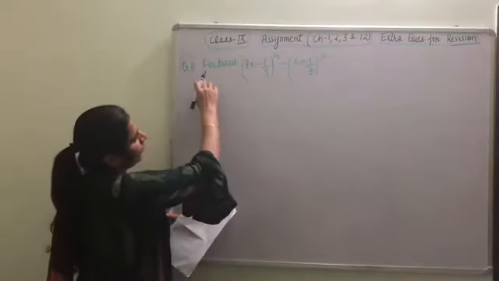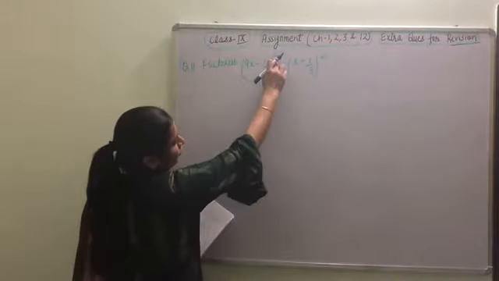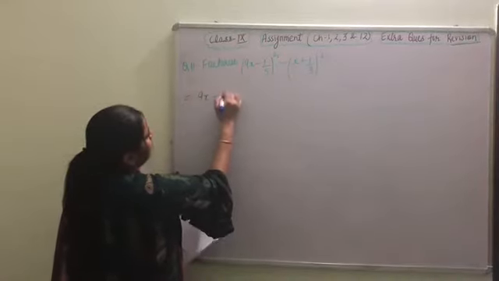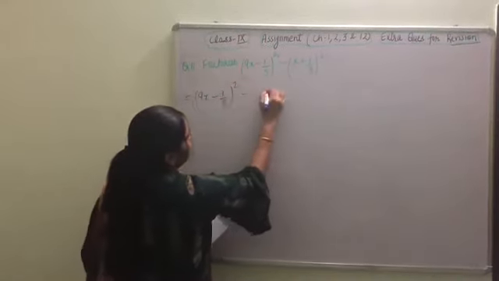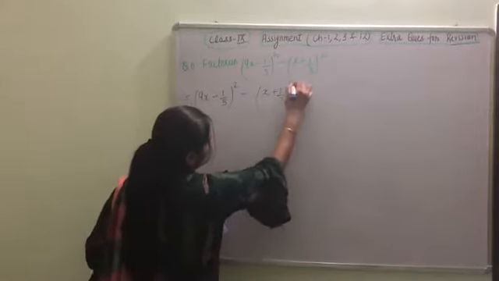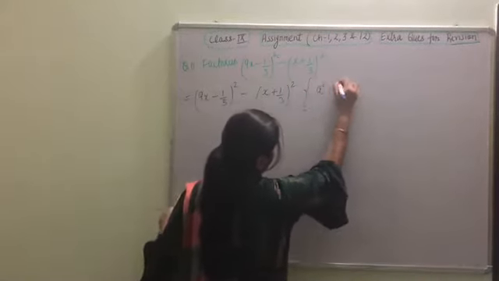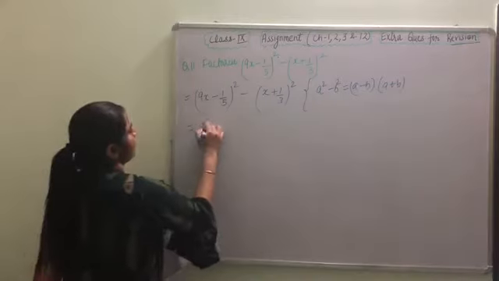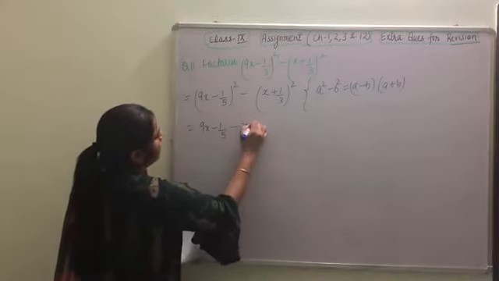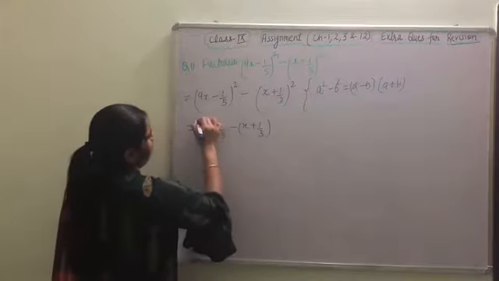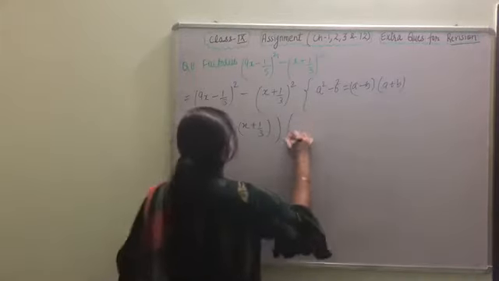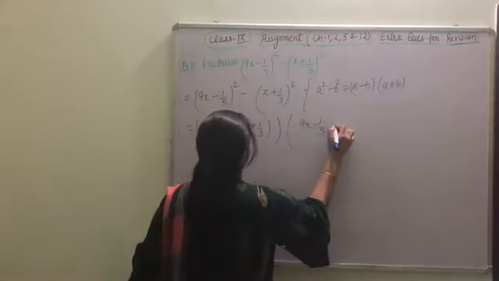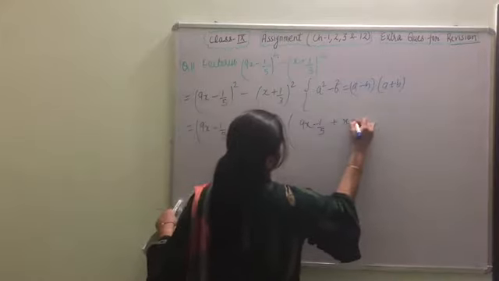Okay, question number 11, we have to factorize this one. Look at here, a square minus b square, we can apply the identity a minus b into a plus b. 9x minus 1 by 5 whole square minus x plus 1 by 3 whole square. I am writing the identity here: a square minus b square is a minus b into a plus b, which is equal to 9x minus 1 by 5 minus x plus 1 by 3 for a minus b, and a means the first term 9x minus 1 by 5 and b means the second term plus x plus 1 by 3.